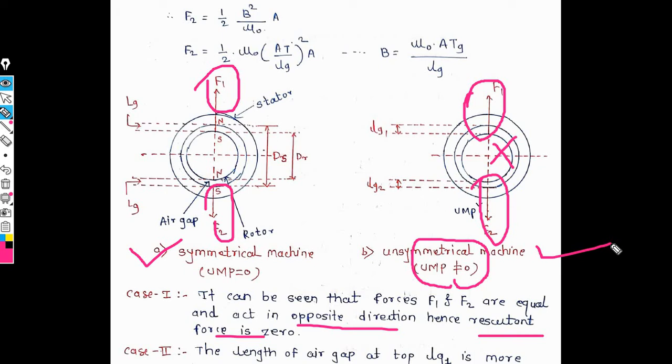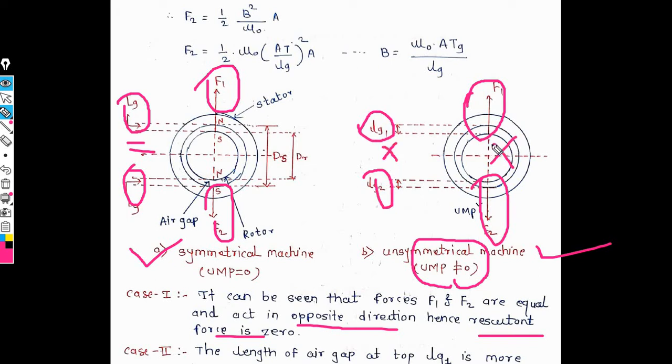These two conditions depend on the force of attraction between them, and the forces always act in opposite directions. The motor consists of a stator and rotor, and we also need the length of the gap between stator and rotor, which is very important. In the symmetrical machine, the length of gap on top and the bottom are equal, but here LG1 is not equal to LG2, because